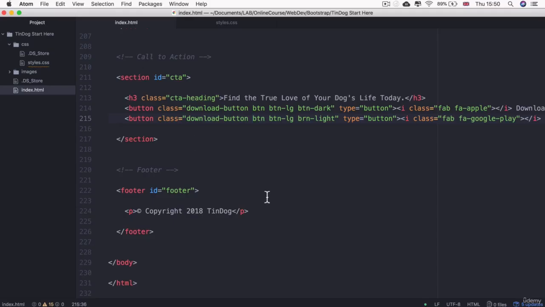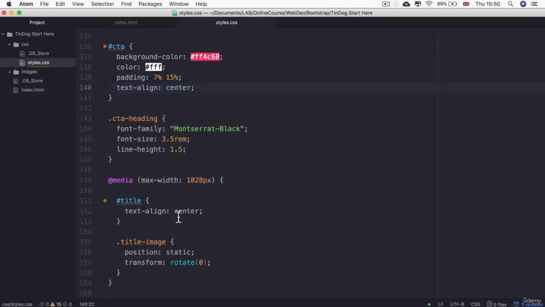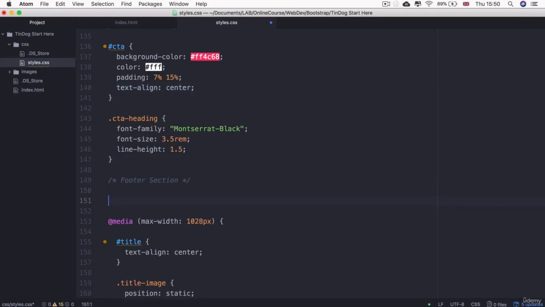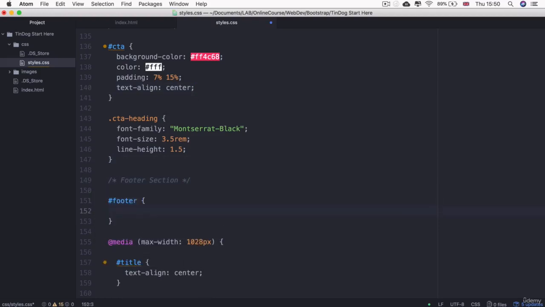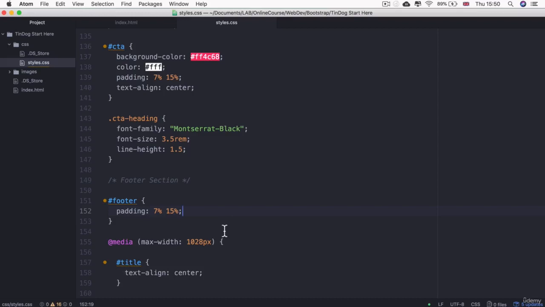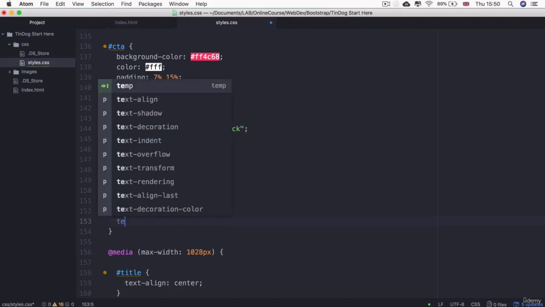So let's go ahead and check that we've got the footer with an ID called footer. So we can target it down here, and I'm just going to add the footer section comment. And then I'm going to target the footer ID, and I'm going to give it a padding of, you got it, 7% and 15%. All right, so we now actually have a footer, which is pretty sweet. Again, content needs to be centered, so let's add text align center,